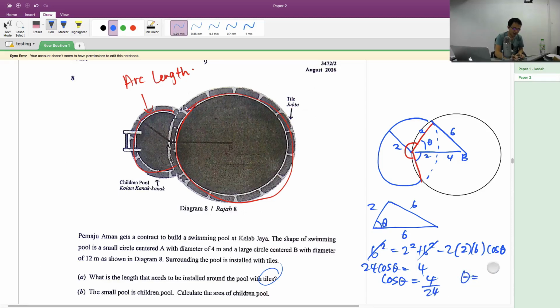So I can get the angle easily by using the calculator. Make sure your calculator is in radians because this is the circular measure topic. So shift cos 4 over 24, and you get 1.403 radians. That means in order to get the red color angle, I will use 2 pi, which is 360, minus double of